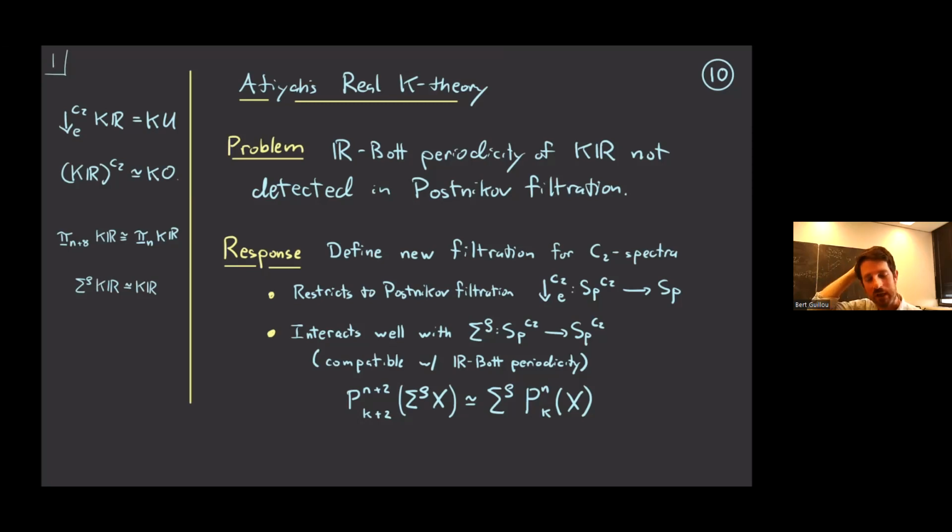Someone asked, what is the P notation here? Unfortunately, the P notation is what's used in the Postnikov filtration, and it's a reasonable thing to use there because there's a letter P. So we have this notation that's been around because it's used for the Postnikov filtration, and now we're using a new filtration, and people have been using the letter P for it, even though there is an equivariant Postnikov filtration. Probably a different letter should be used here, but this is what's become